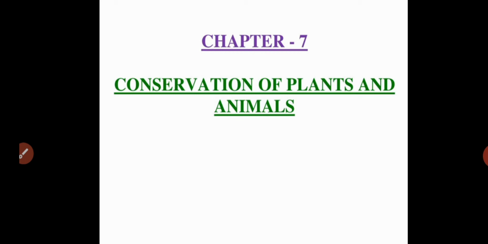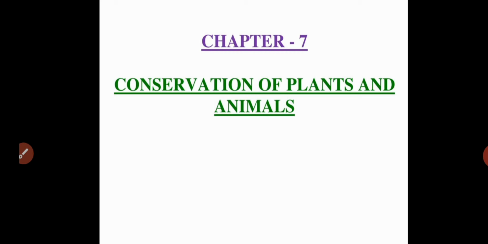You have to conserve both plants and animals. You have to conserve the forest for future generations and also for the balance of nature. You have to conserve the forest, plants and also animals. Otherwise, we will get many problems from that. So what is the meaning of conservation? Conservation means saving of the plants and also animals. You have to conserve plants and animals for us and also for future generations. Otherwise, we will get many problems from that.